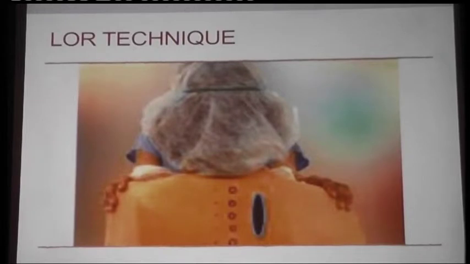Technique: it is a very easy block. What you have to do is palpate the C7 spinous process, and it is very easy to palpate. Then mark the level you want to block. This is T1, T2, T3, T4, T5. Then you have to mark a point 2.5 centimeter lateral to this point. This is the point of needle entry.